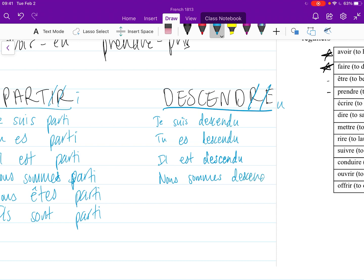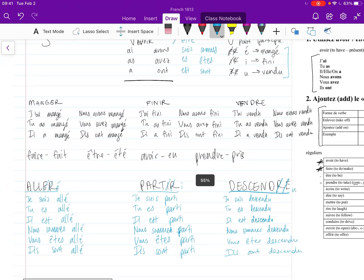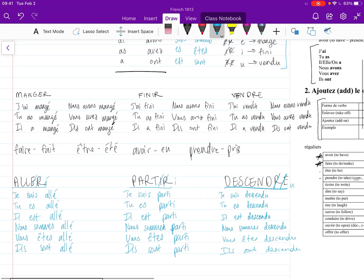Nous sommes descendus. Vous êtes descendus. Et ils sont descendus. So you see that it's the exact same thing as we were doing before, simply that instead of using